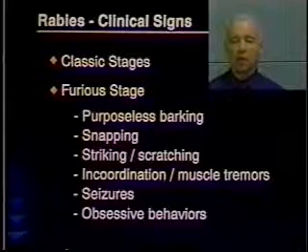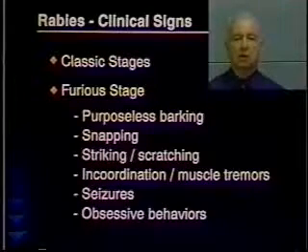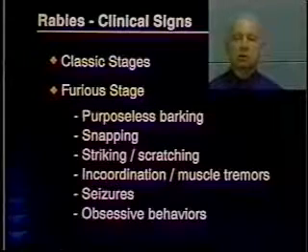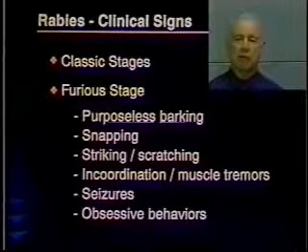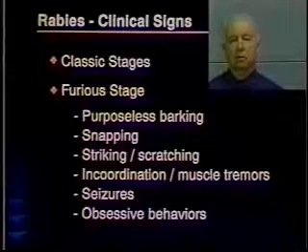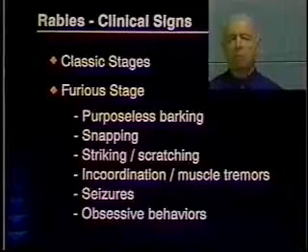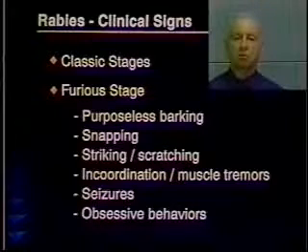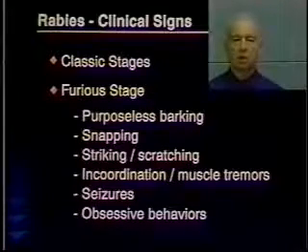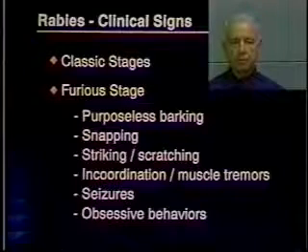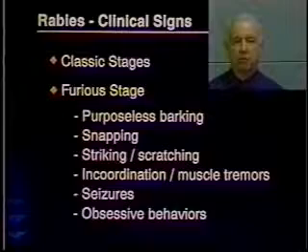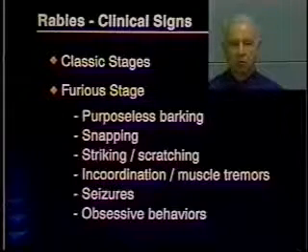Furious rabies is more likely to occur in cats than in dogs, and can be very serious because cats tend to be more commonly affected by the furious form, and in this become more furious than many other species. So some of the clinical signs of rabies in the furious form would be those that we